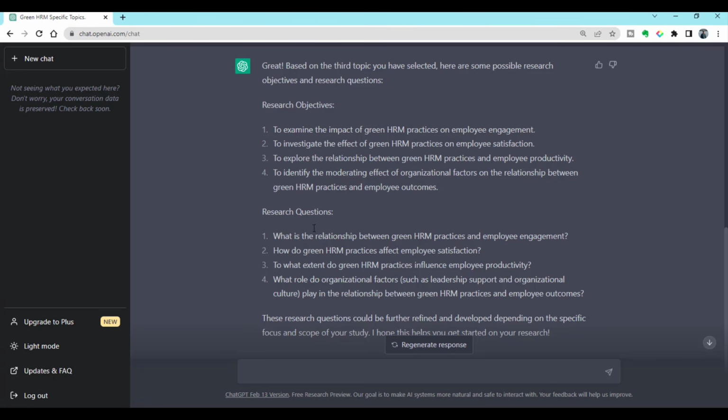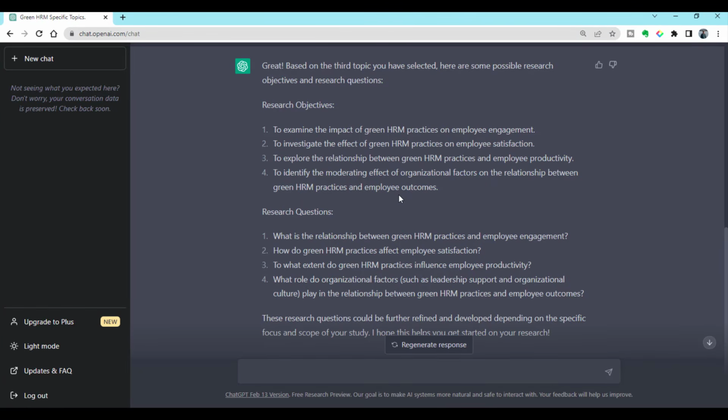Like if you focus on the fourth objective, to identify the moderating effect of organizational factors on the relationship between green HRM practices and employee outcomes, for sure you will need to verify this from the literature. Is there any research that actually covered this particular area? If there is none, then of course you can select this objective.